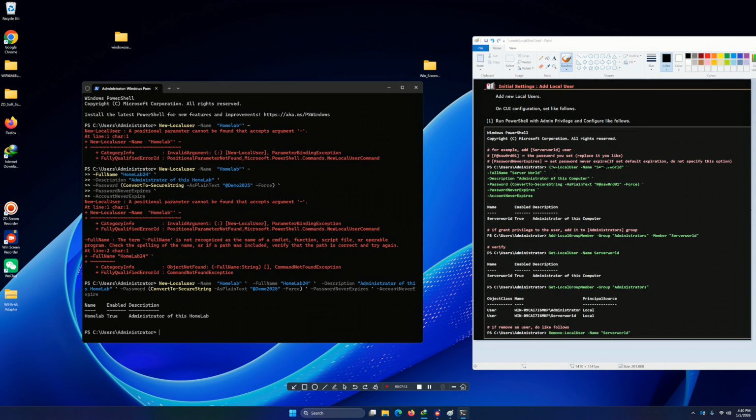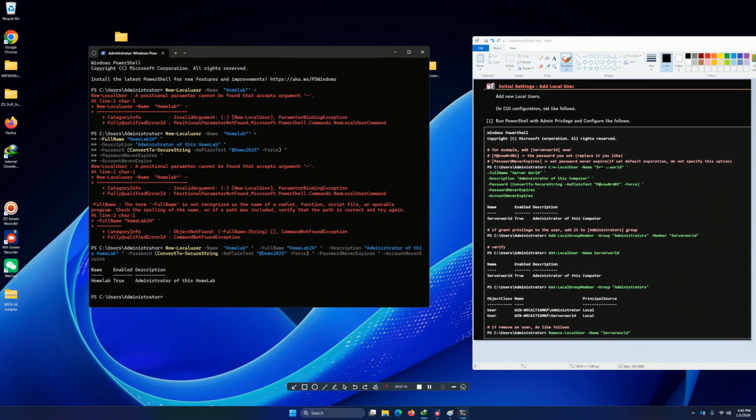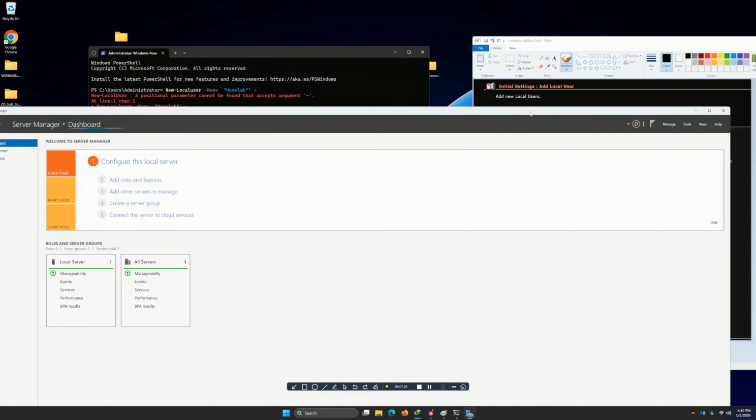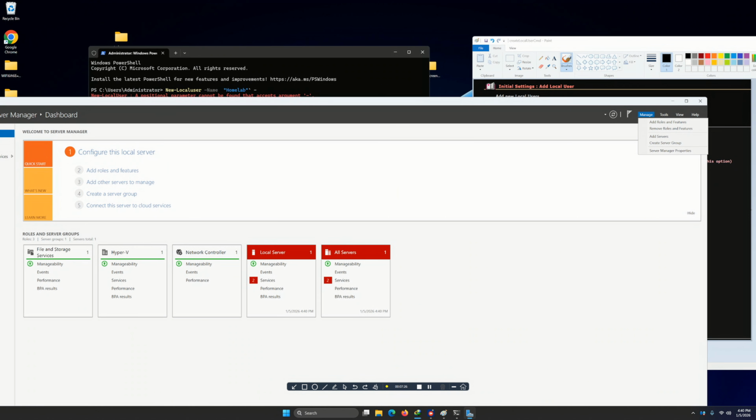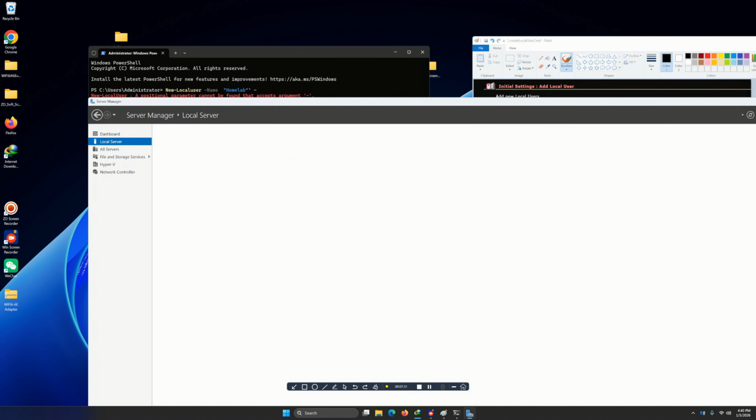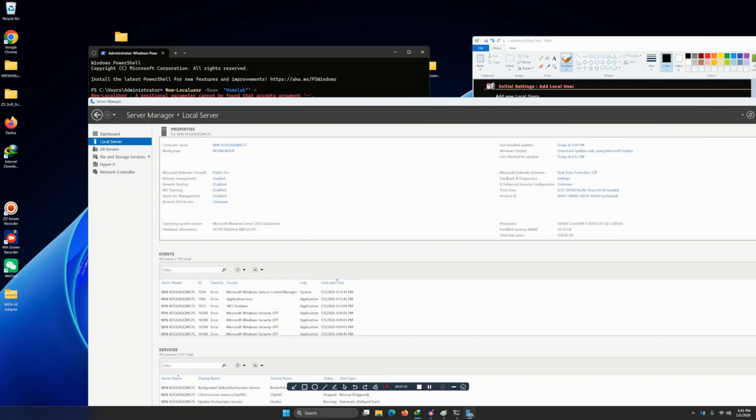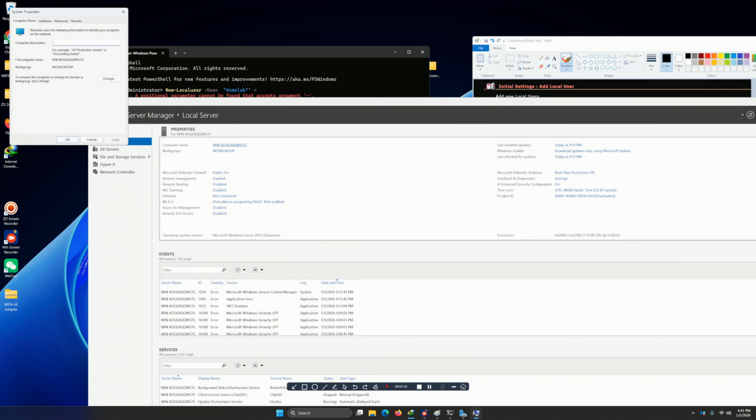And then press enter. You see, so the user is now created. If you come to Server Manager, Local Server, computer name,